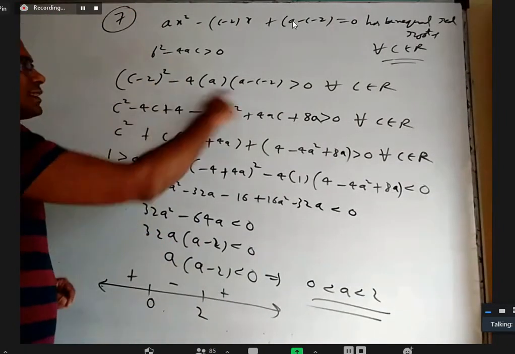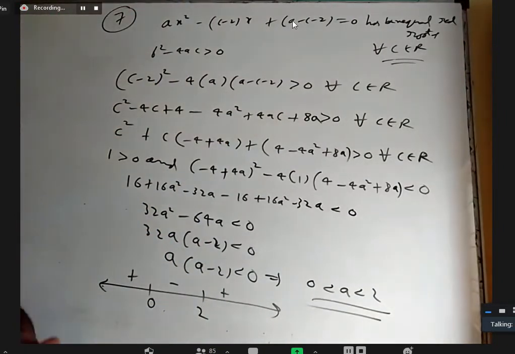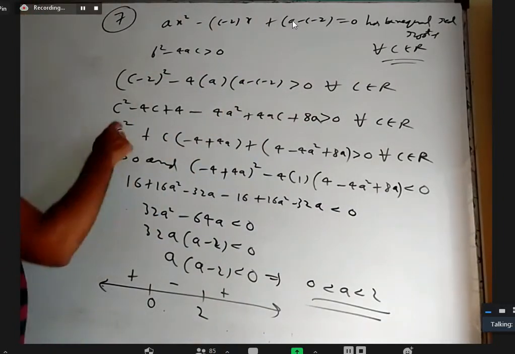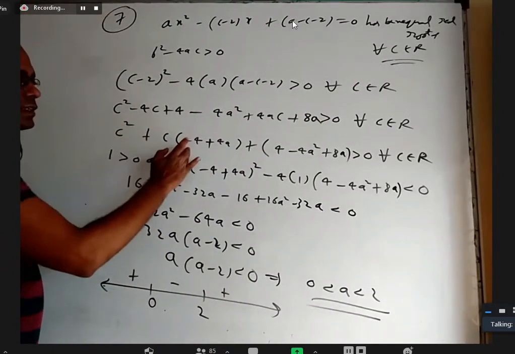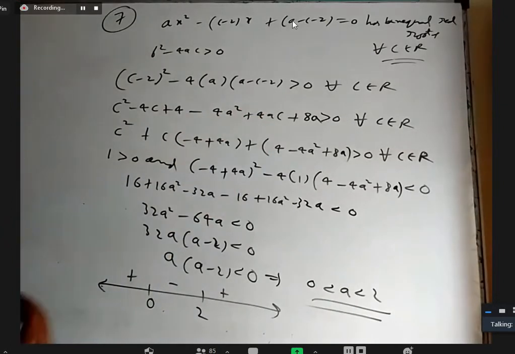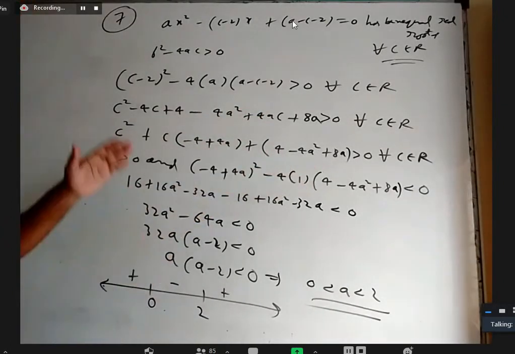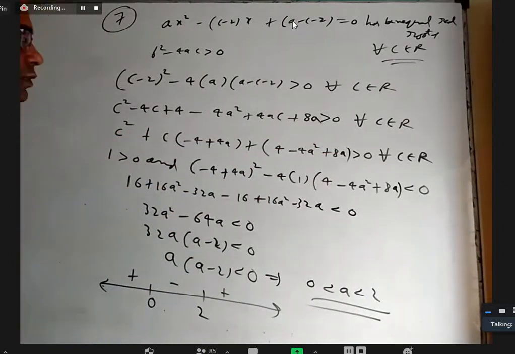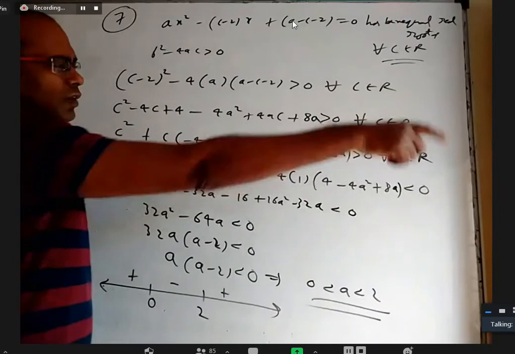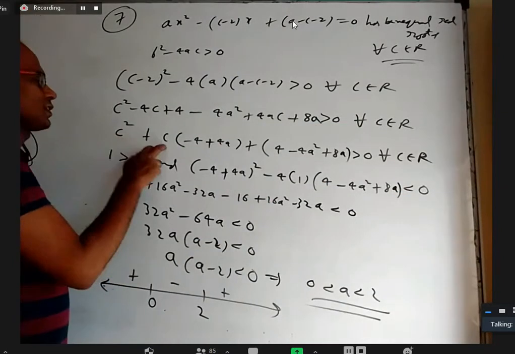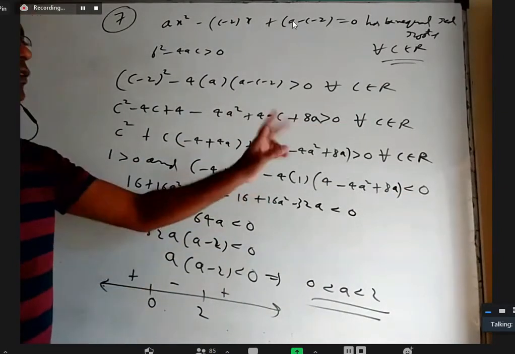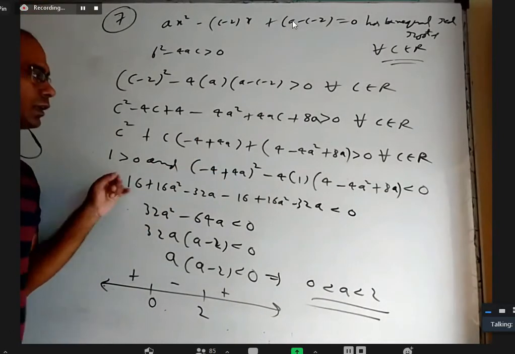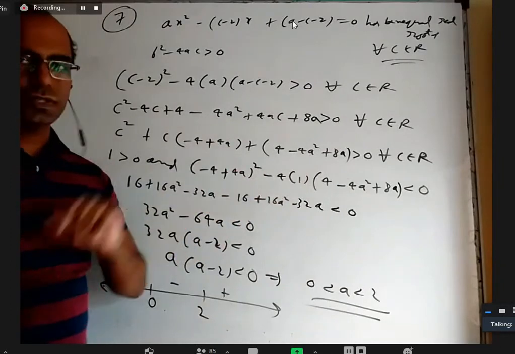So you have to treat this as a quadratic expression in terms of c. I expanded this whole thing and combined where c square is there, where c is there, and where c is not there. Now we can see this is a quadratic expression: c square into some number, c into something, and some constant where c is not there. That should be greater than 0 for all values of c. Or you take x here. If you want a quadratic expression to be greater than or equal to 0 for all x values, the leading coefficient should be positive, and the discriminant should be negative. That is b square minus 4ac of this.